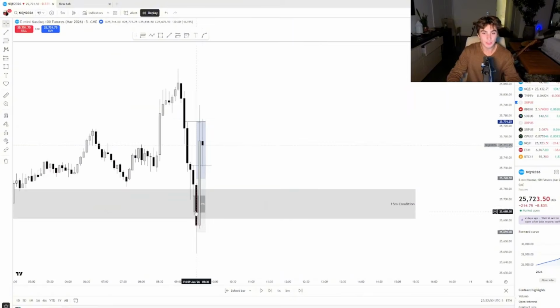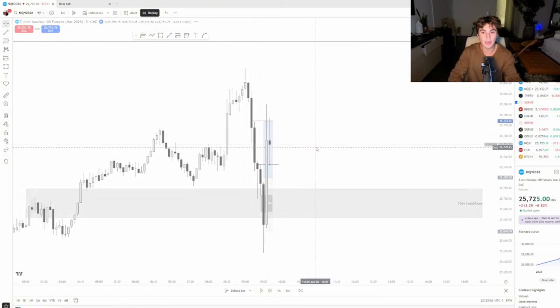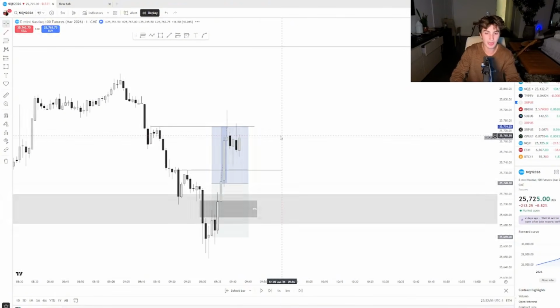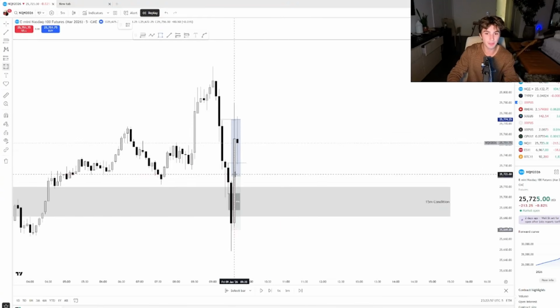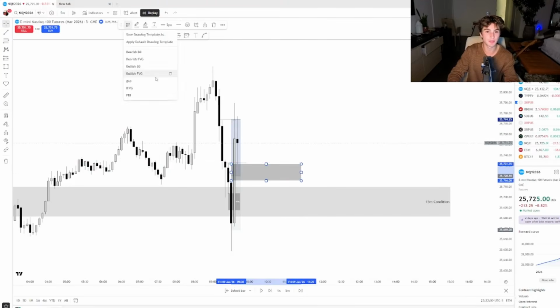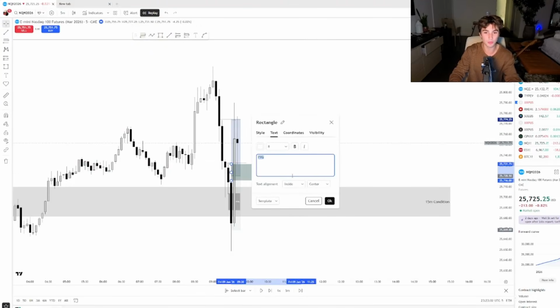And so we took this long, we took profits here, and now how do we know if price is going to go higher? Well, we're going to have to find a new 5 or 15 minute fair value gap and see how price reacts off of that. And so now we find a new one. This is the most recent one that has opened up, and so this is a 5 minute now condition.